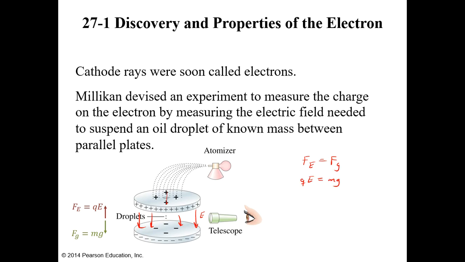Okay, so what he does is he sets the electric field. G is just a constant, we know that, so that's done. So he sets the electric field, and then he measures the mass of these oil droplets after the experiment is done. And so he's got a set of electric fields and masses, and then in just a simple lab experiment similar to what we do in our labs, he can create a plot